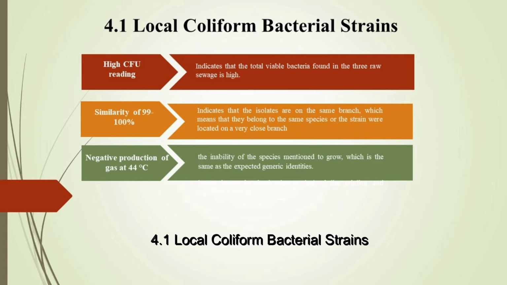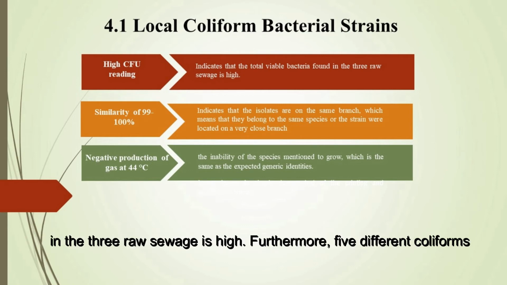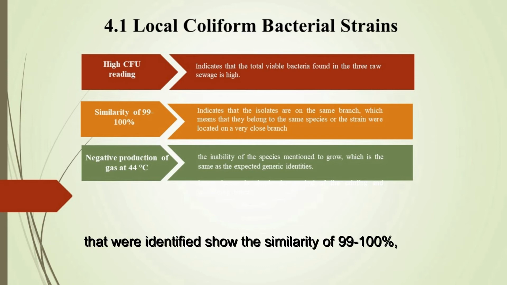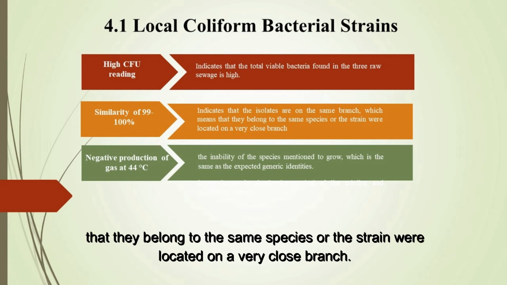4.1 Local coliform bacterial strains. Based on the result obtained, the CFU rating indicates that the total viable bacteria found in the 3 raw sewage is high. Furthermore, 5 different coliforms that were identified show a similarity of 99 to 100%, which indicates that the isolates are on the same branch, which means that they belong to the same species or the strains were located on